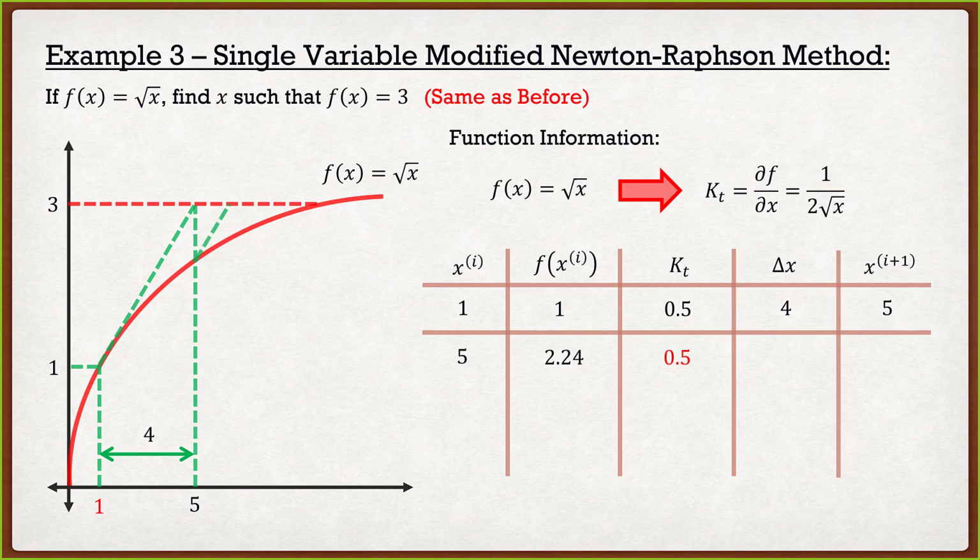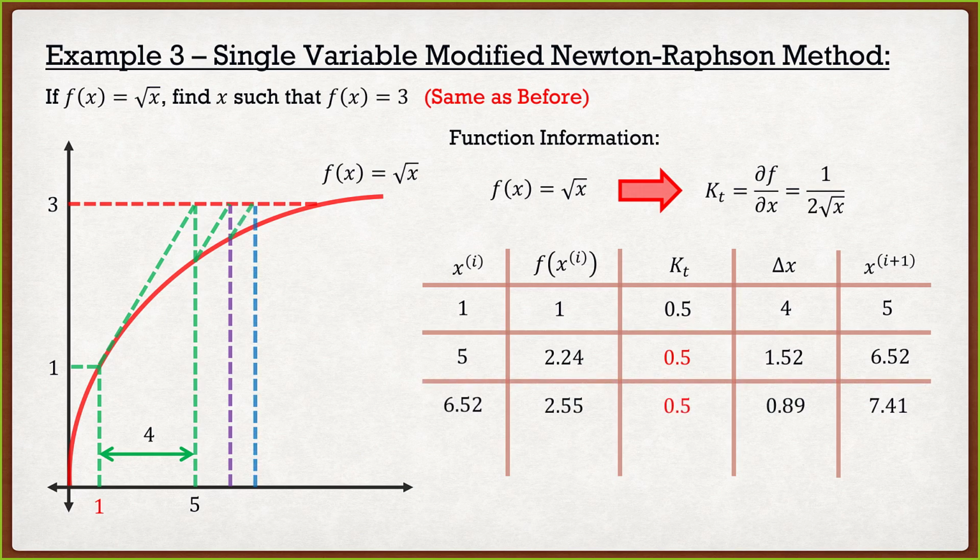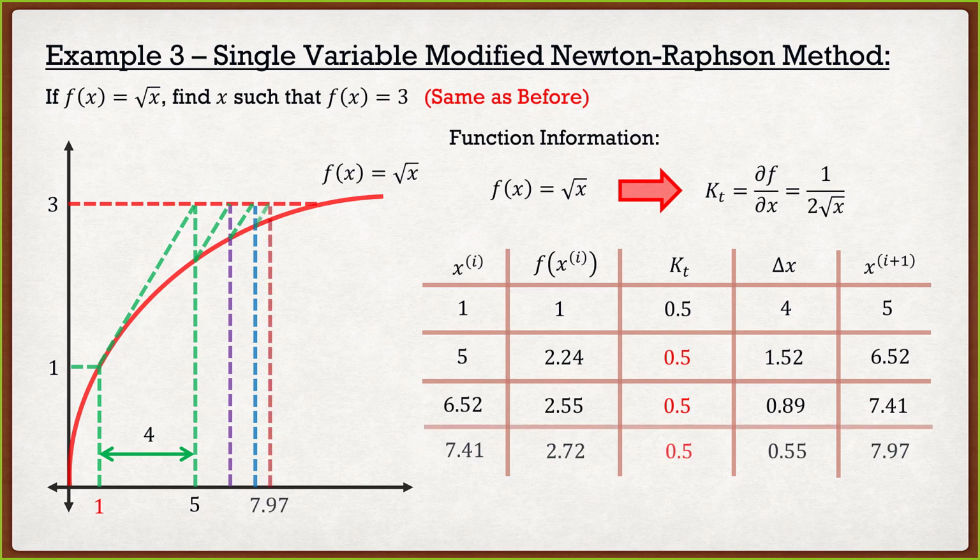If we were to look at our tangent line, it's going to be the exact same as before. This will give us a new xi plus 1 of 6.52. So what do we do? Well, we do another iteration. As we can see, we're getting closer to the value, but our convergence rate is now a lot slower. Remember that in the previous example, by this third iteration, we were at 8.99, but now we're at 7.41. Well, how about another iteration? Even after this iteration, we're at 7.97. We're still almost 1 off from our desired value. So this method works, and eventually we will get there, but it provides a much slower convergence rate.